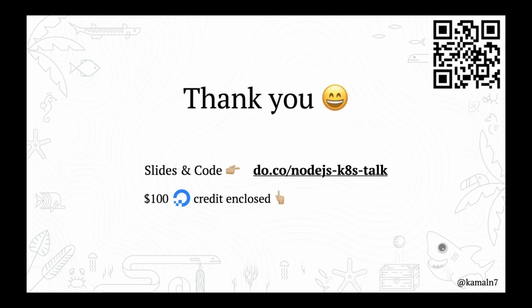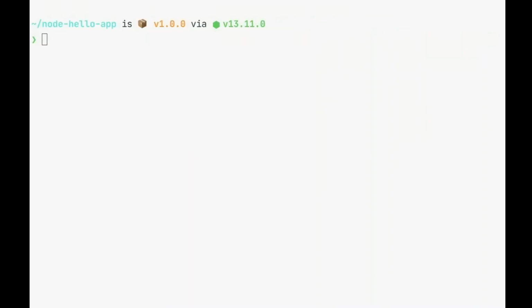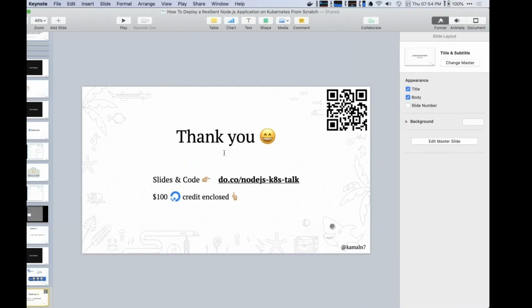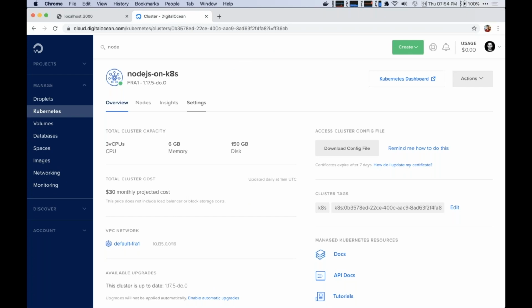Is it possible to create a UDP load balancer or a TLS load balancer using DigitalOcean's Kubernetes service? Yes. When you create a Kubernetes resource, any Kubernetes resource, you can attach annotations to it. And the Cloud Controller Manager, the program that creates the load balancer, also looks at those annotations for you. So you can specify, if I go to my load balancer,